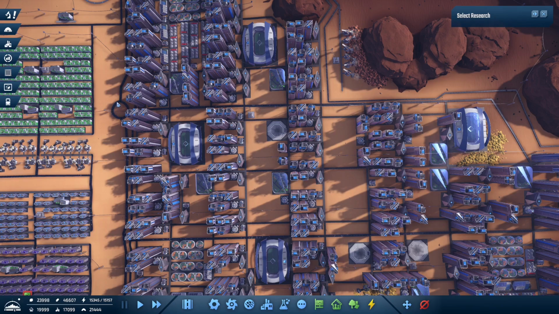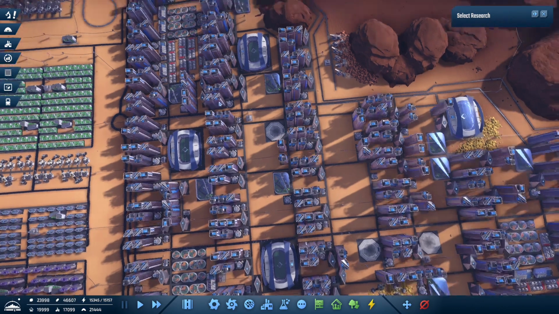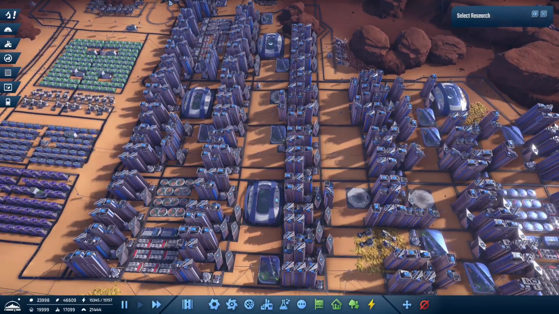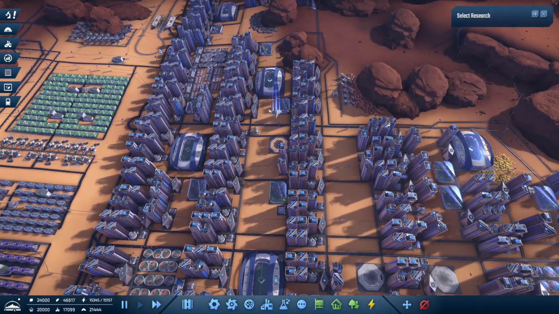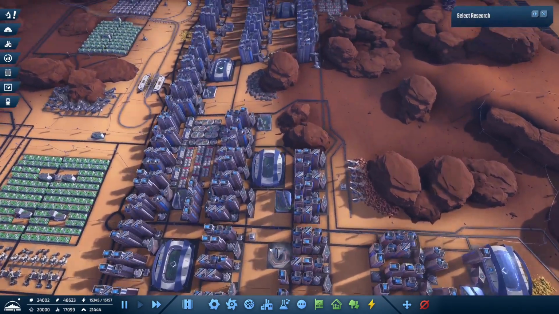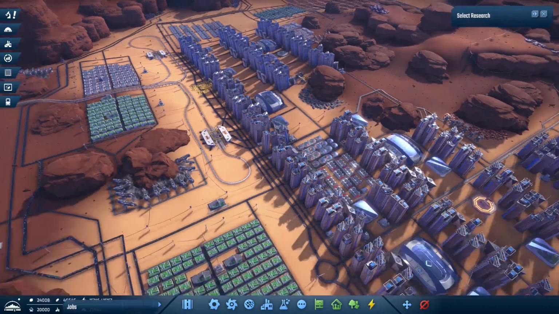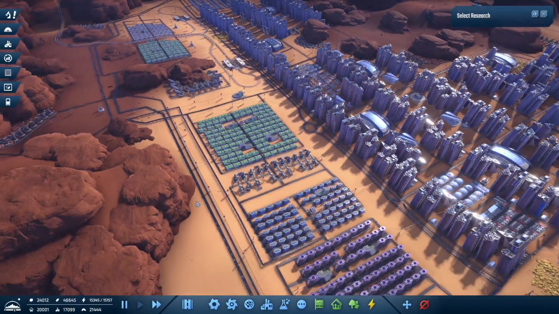19,999 people. That's right. One more person has to move in, and we've got 20,000 people. Boom. There it is. So, with that, of course, that is now basically